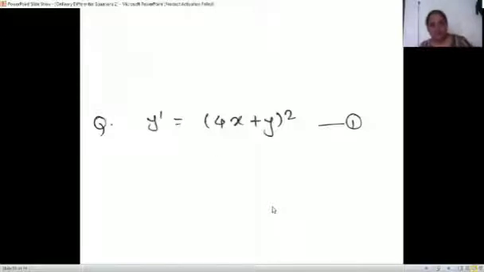Okay, can I give you the question to solve, please? Can you please solve this? y dash is dy by dx. dy by dx is 4x plus y squared. Or simply just tell me how to solve this question. Which type of equation is it? Or is it something different, and if different, how to solve? Anyone?